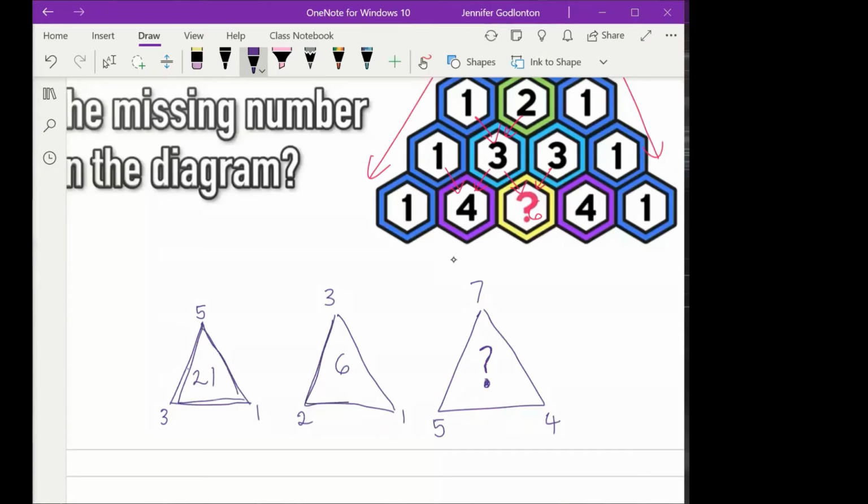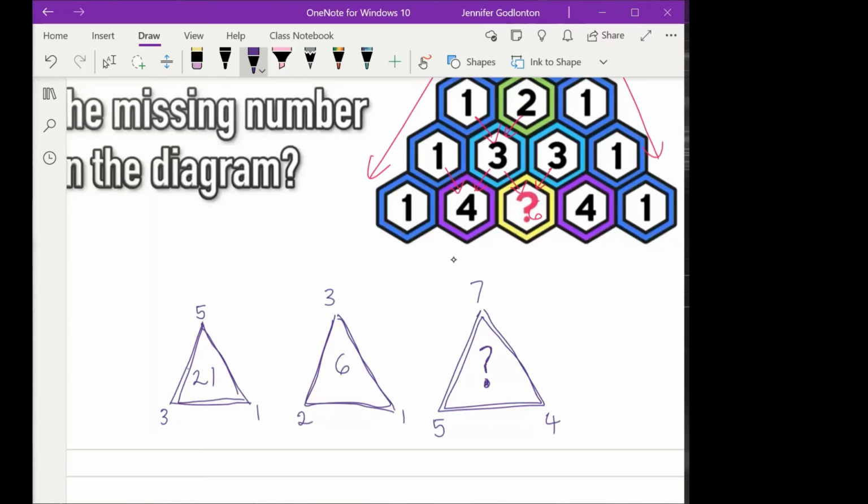So halfway through every lesson, we do a little brain break, but basically we give you a little puzzle just to give your brain a bit of a break from the work that we're currently doing. Okay, so my first triangle, I've got a 5 at the top, I've got a 3 and